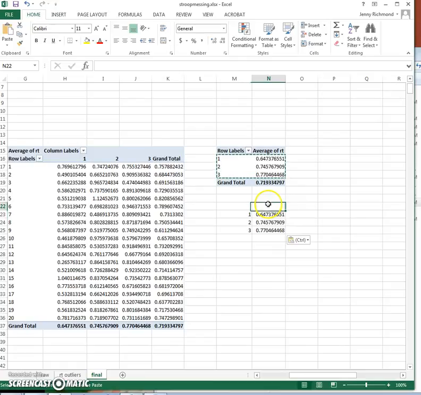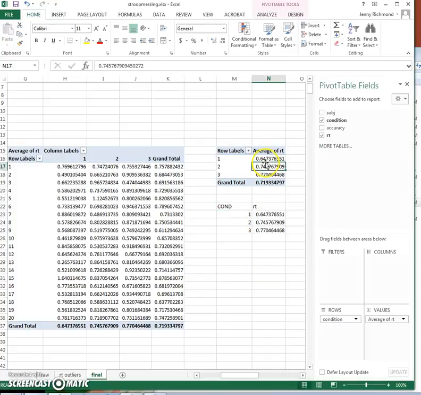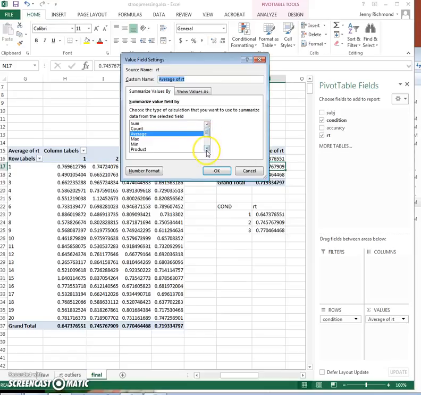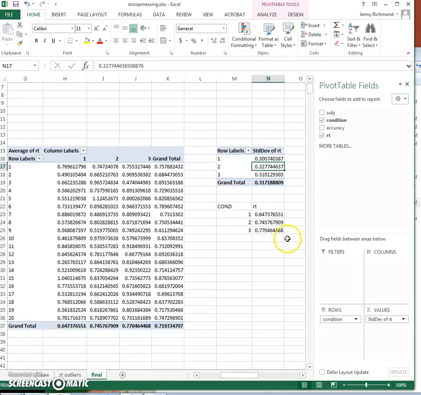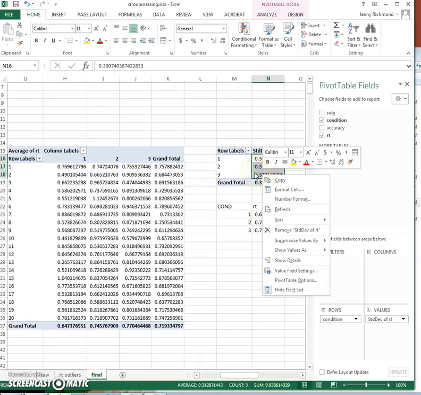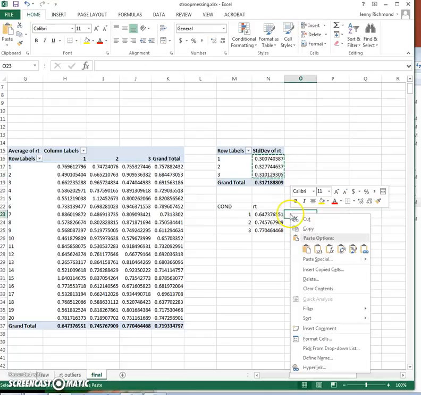So here we have reaction time as a function of condition, and then we can click on a pivot table and simply change the values to get the standard deviation as well. So if we come down here, it's going to give us the standard deviation of reaction time as a function of condition. And if we copy those values, put them here,